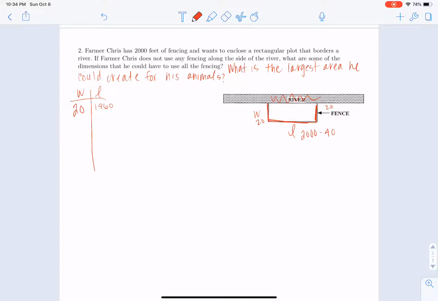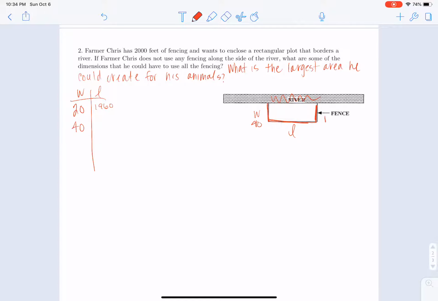Brainstorming different lengths and different widths. But really what I'm looking for is the largest area. So let's go ahead and brainstorm one more. What if I had a width of 40? That would make this